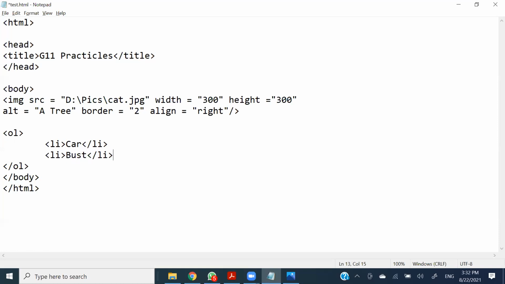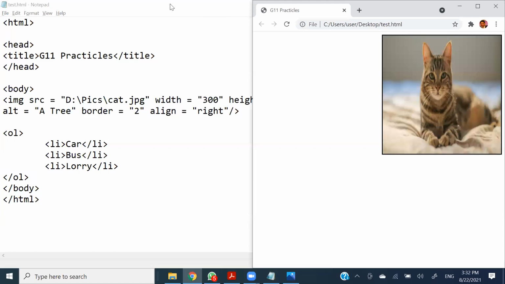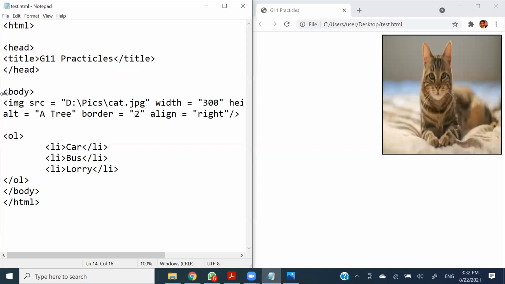You copy the first one and paste it. Right. So if I save this, and I'm changing this to my output. So now we got our cat image with us. It is because of this. And I'm going to do a refresh. See what is happening. So we have car, bus, lorry,